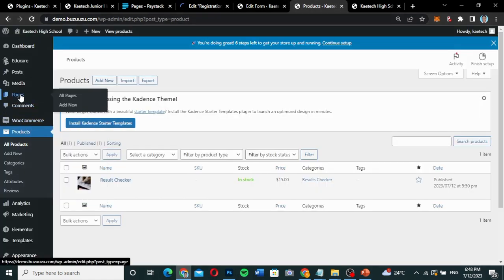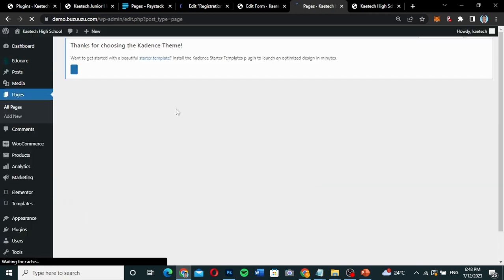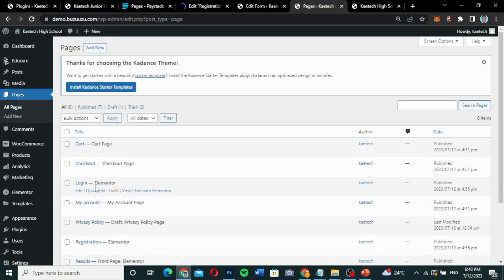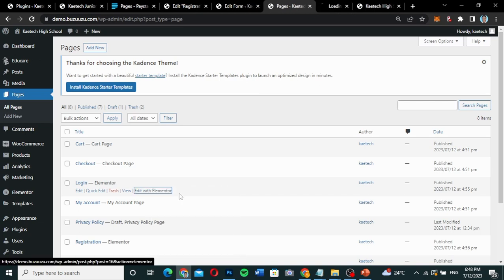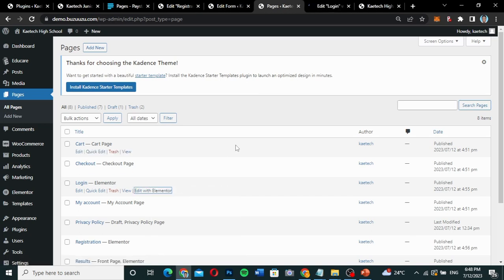Now what I'm also going to do is go back over here, go to pages again, and open the login page again. Okay, because I just want to copy that page, so I will open it with Elementor, edit with Elementor,